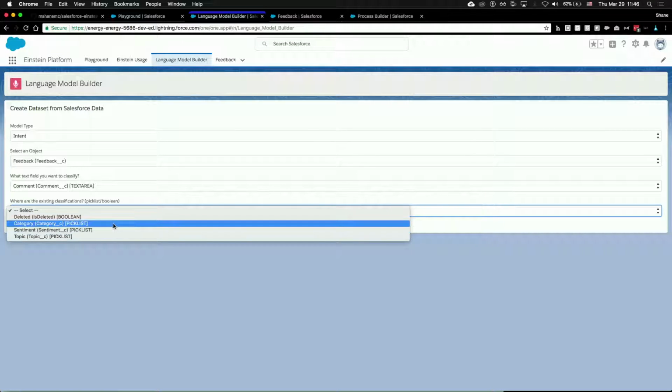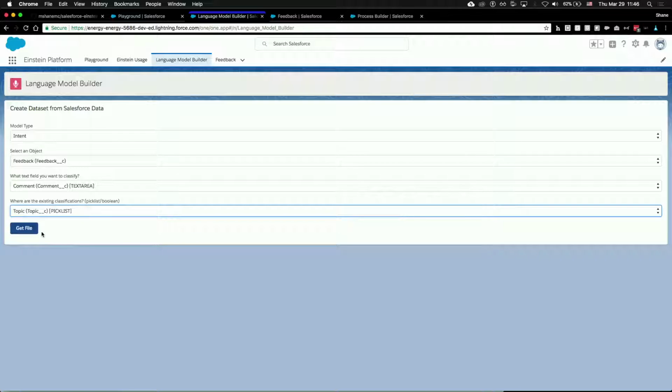And so what that looks like is this topic. And then what this button does is it's going to grab the file. Okay? So you may have thousands of Salesforce records of something with some free text, and this could be, like in sales world, opportunity comments or whatever, or this could be customer service issues or feedback or any of those types of things.